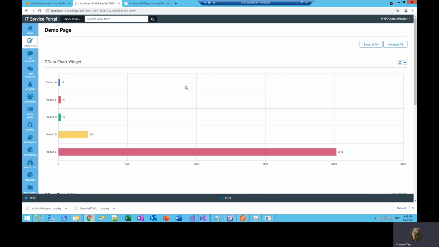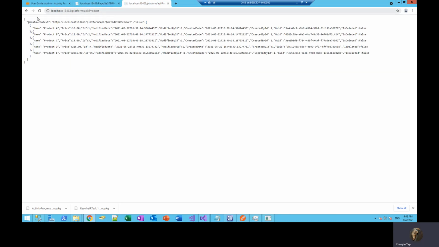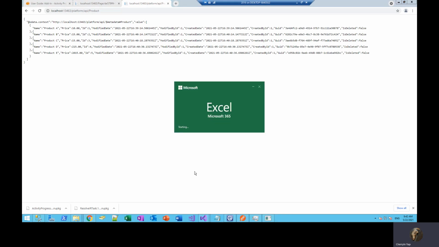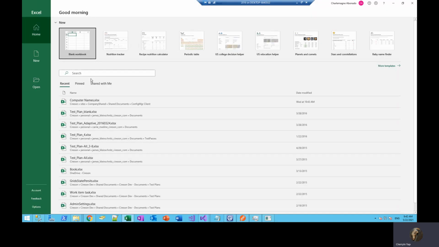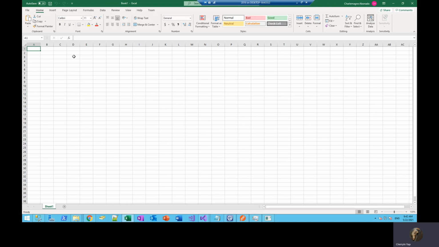And lastly, we're gonna try to consume this product endpoint at an Excel worksheet. So I'm just gonna open up a new worksheet.